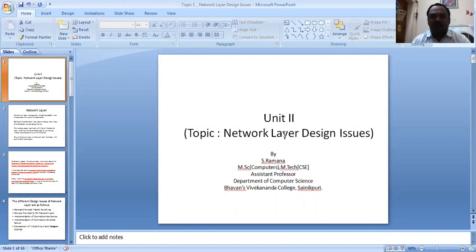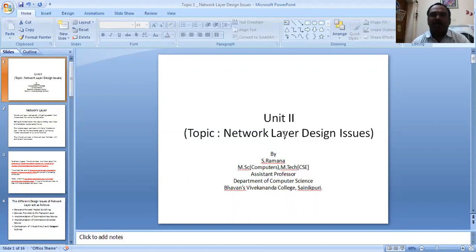As we have completed Unit 1, the syllabus of your MSc Computer Science has been structured in such a way that the first unit focuses on the fundamentals of computer networks, and a part of your physical layer and data link layer, which have not been covered in your BSc syllabus. Whereas your Unit 2, Unit 3, and Unit 4 are focusing on network layer, transport layer, and application layer respectively. So now we move on to Unit 2, where Unit 2 is completely focusing on only one aspect called the network layer.